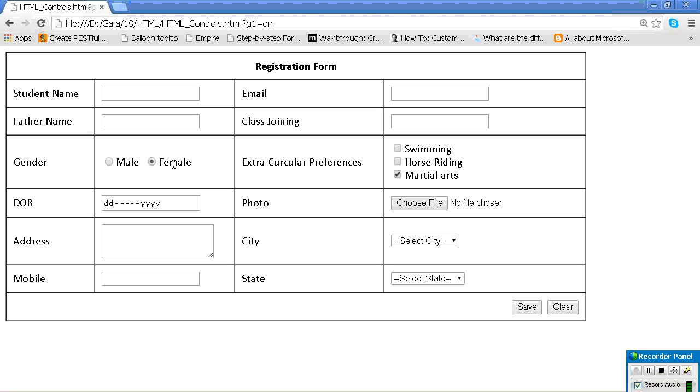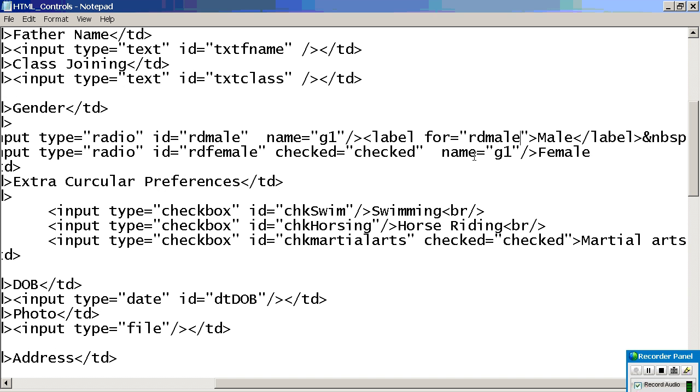Now see, am I getting the mouse pointer if I move on to female? No. But if I move to male, it's good. Do you understand what I am telling? The selection is happening only once I click on the control, not on the text. Now how do we make the female text select its control? Go here,